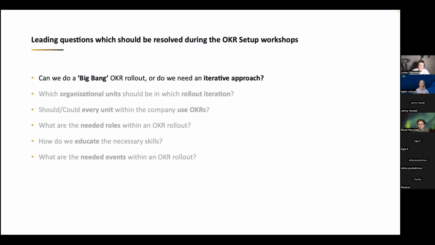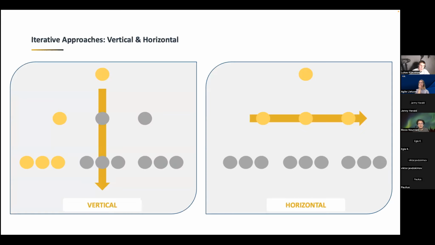So all at once. And if you do an iterative approach, I would like to show you probably one slide, like this. You can do it vertically. So you can go into the department and go from management level down to team level. Probably there's also a department level, depends on your structure. And then extend at every rollout stage by 100, 200 people more, and go then from left to right.